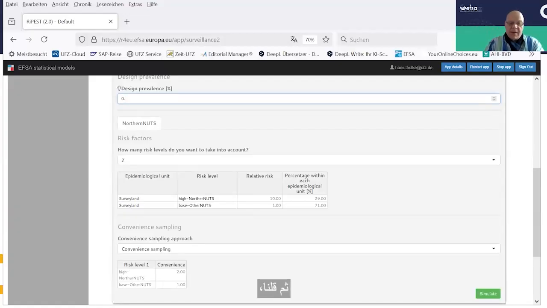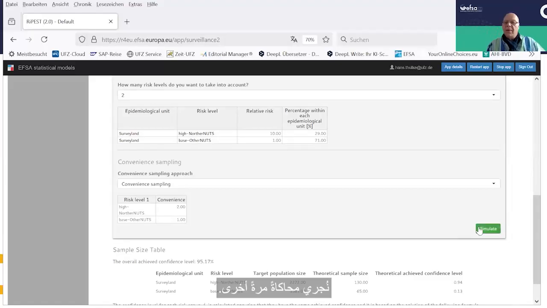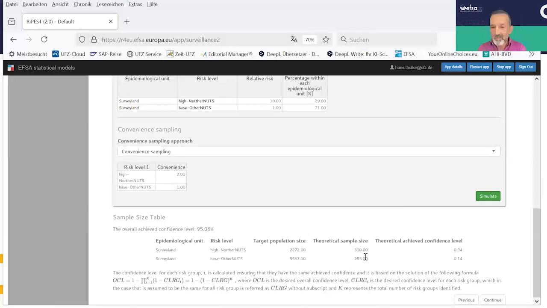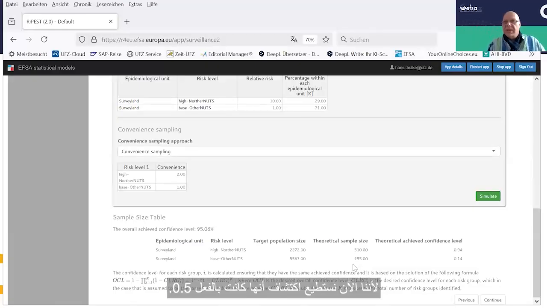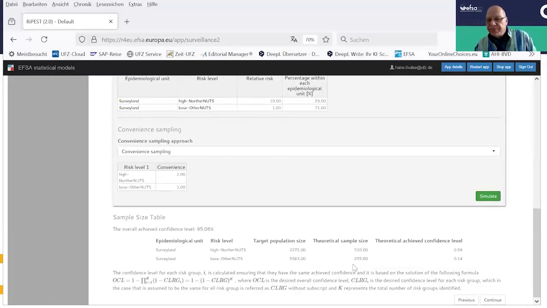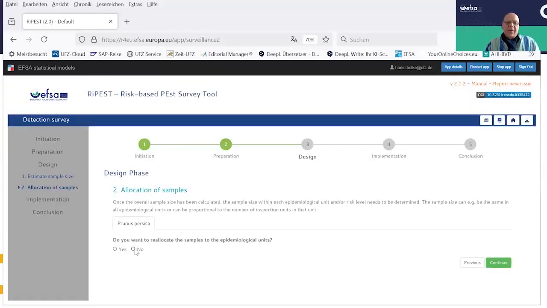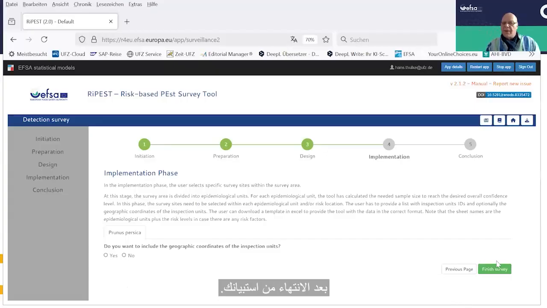Now we produce the other result. There we said we want to have it at 0.5%. We simulate again. And now, did you see how it was changing? Of course, the population size is the same. And the samples are incredibly increased because now we want to detect it already at 0.5. Okay. Good. So that's basically the result by which you can go then to your management. But I don't want to withdraw from you the result when you have done your survey.